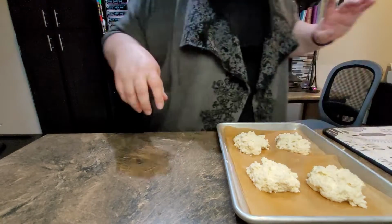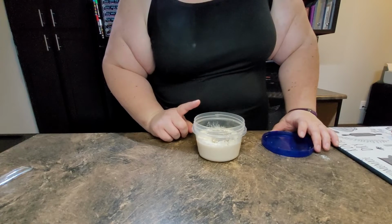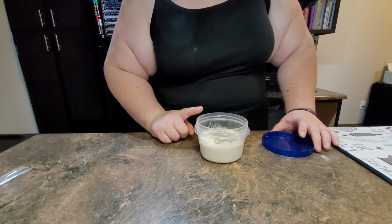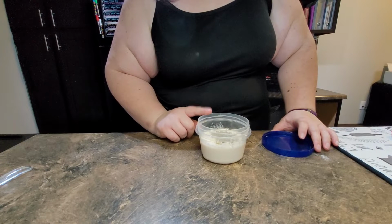All right, I'm gonna get these in the freezer. So in here I have 1 cup of cashew milk. I've got 2 tablespoons of flour. Again, I'm halving the recipe. And then I have half a teaspoon of the Buttery Steakhouse seasoning and about a quarter teaspoon of the